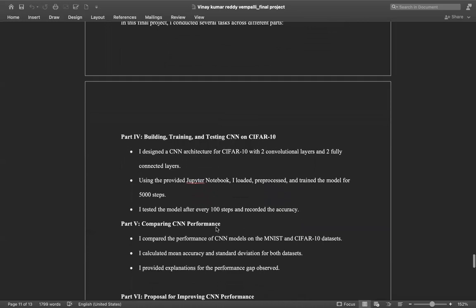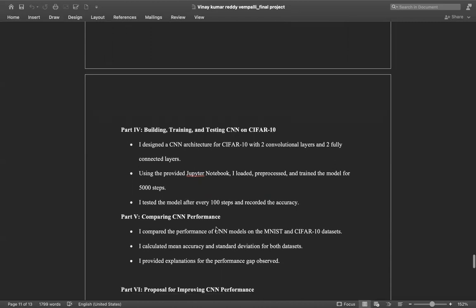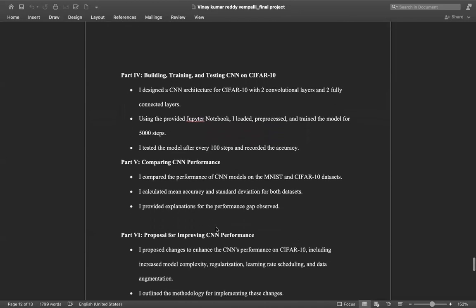I compared the performance of CNN models on the MNIST and CIFAR-10 datasets. I calculated mean accuracy and standard deviation for both datasets. I provided explanations for the performance gap observed, and I also proposed changes to enhance the CNN performance on